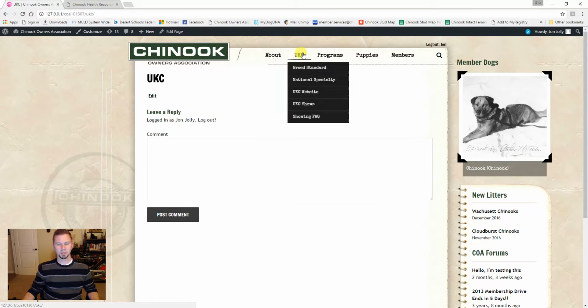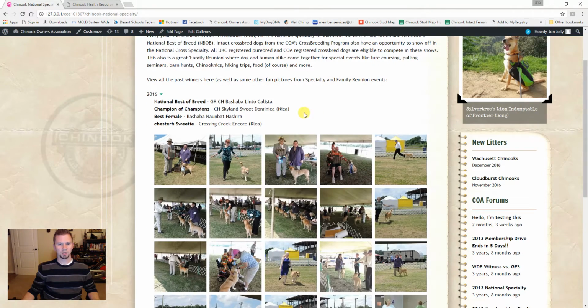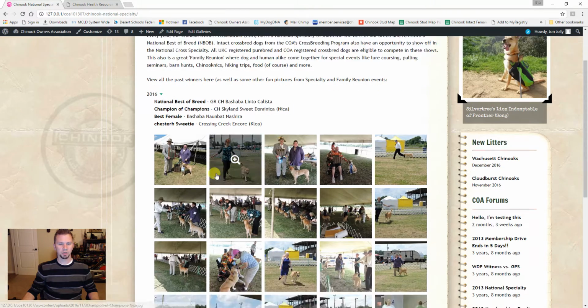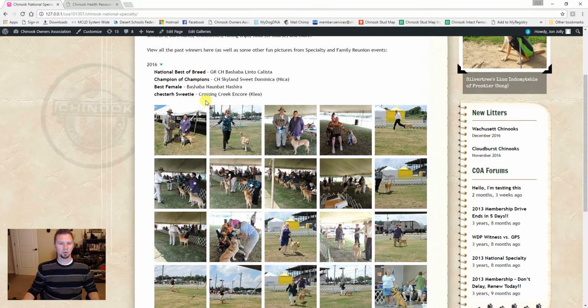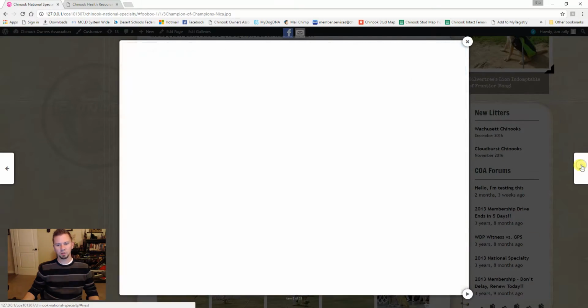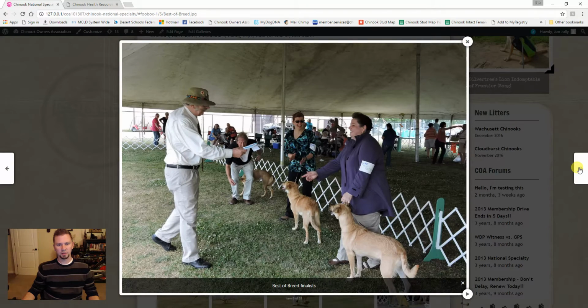Some of these buttons I'm going to turn off here. The national specialty is a little bit different, so you'll have some static text here at the top that won't really change all that often, and then right here you're going to have the last specialty opened up with a summary of the winners, and then I can open up